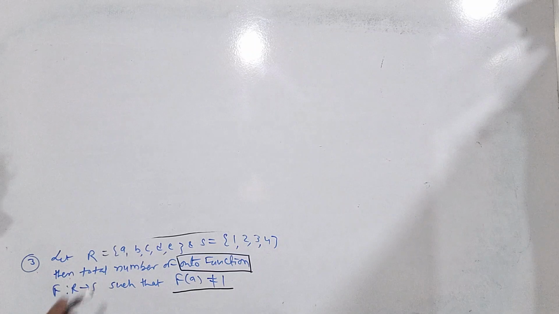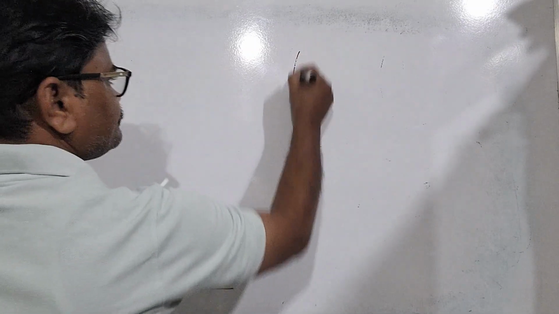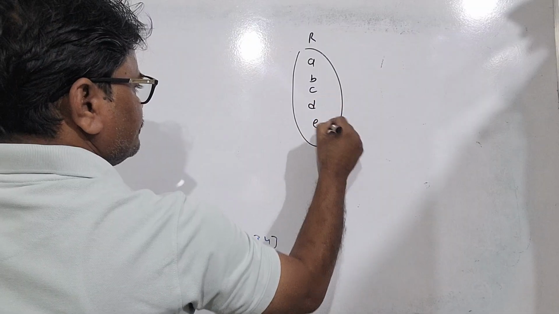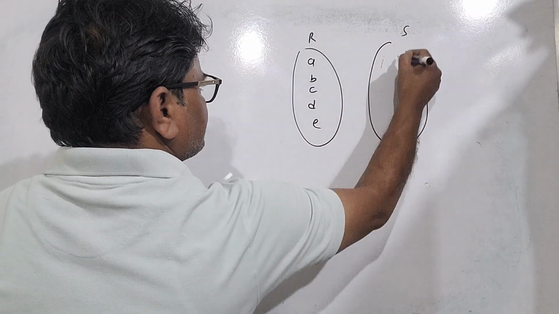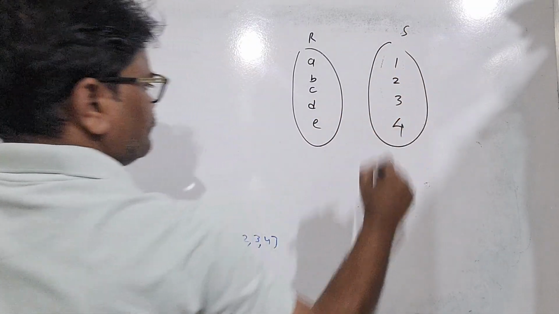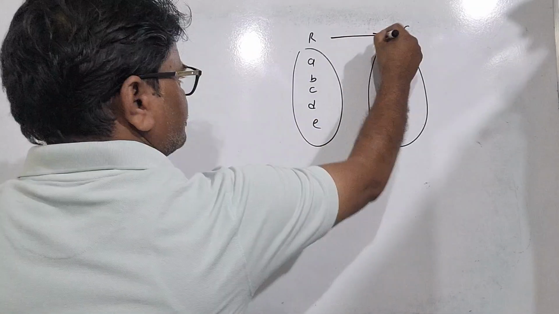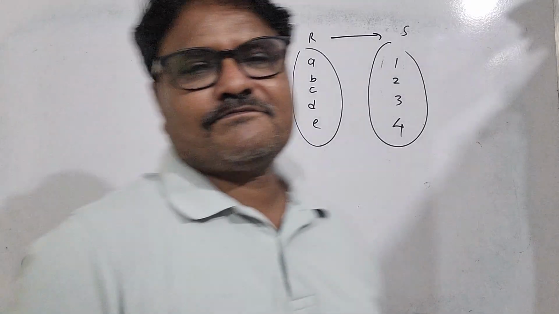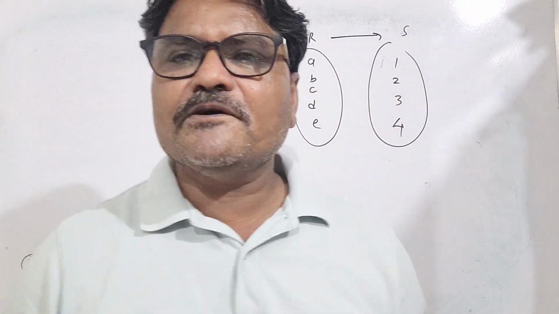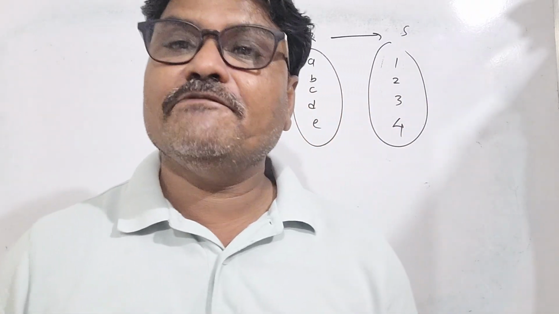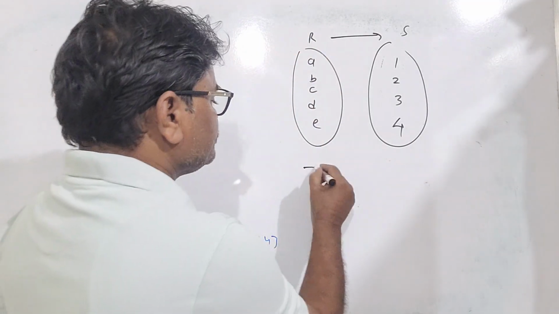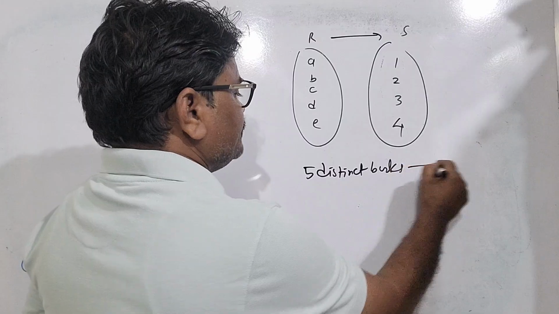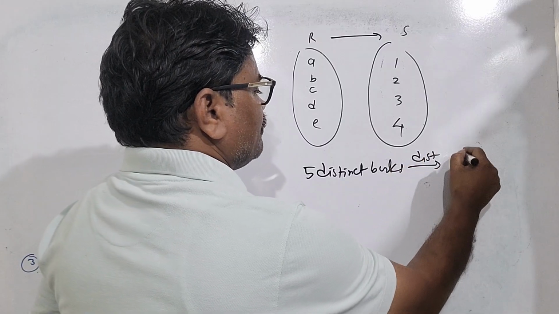Here the question is, let R is A, B, C, D, E. Only 5 elements. And S is containing 1, 2, 3 and 4. R to S. And we have to find out the total number of onto functions. If it is the total number of onto functions, then it is the question of divide and distribution. That is 5 distinct books